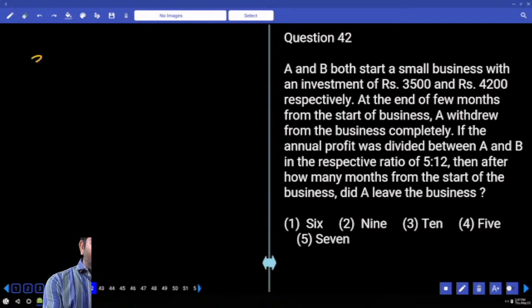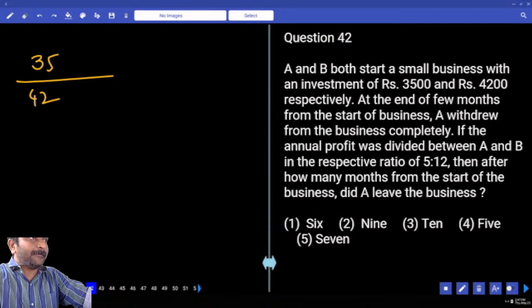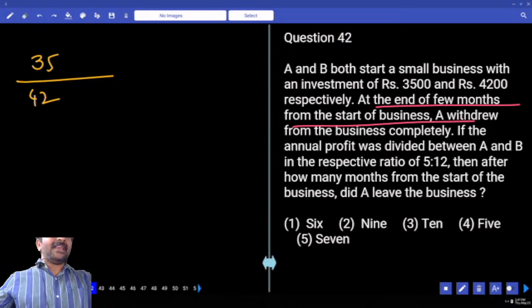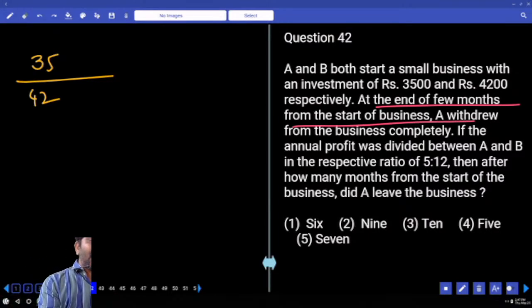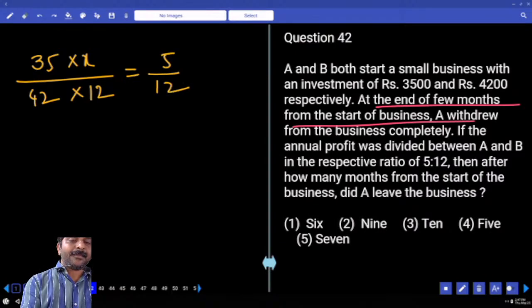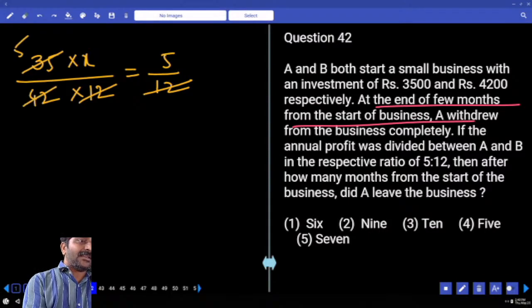A invested 3500, B invested 4200 from the beginning, correct? And after some number of months, A left. So A is there in the business for, let us assume, X months, and then he left, correct? Now B is there from the beginning and he did not leave in between, so he'll be there for the whole period. Profit sharing ratio 5 by 12, 12 gets cancelled, 7 5 times 7, 6 times 5, 5, x is equal